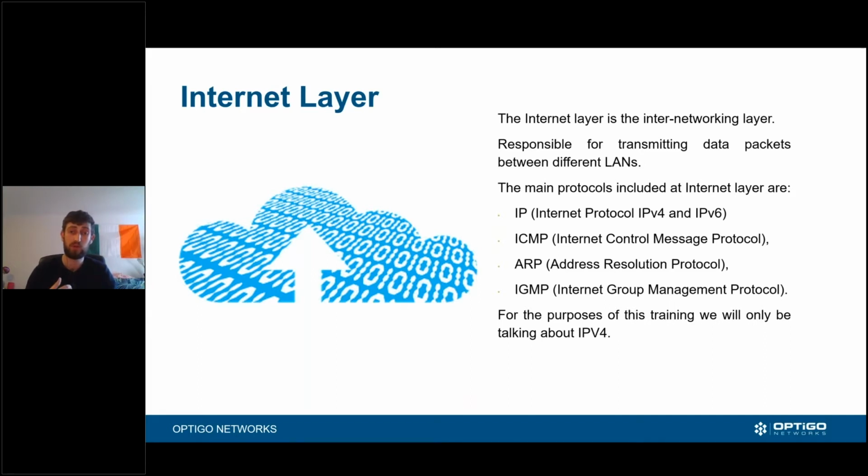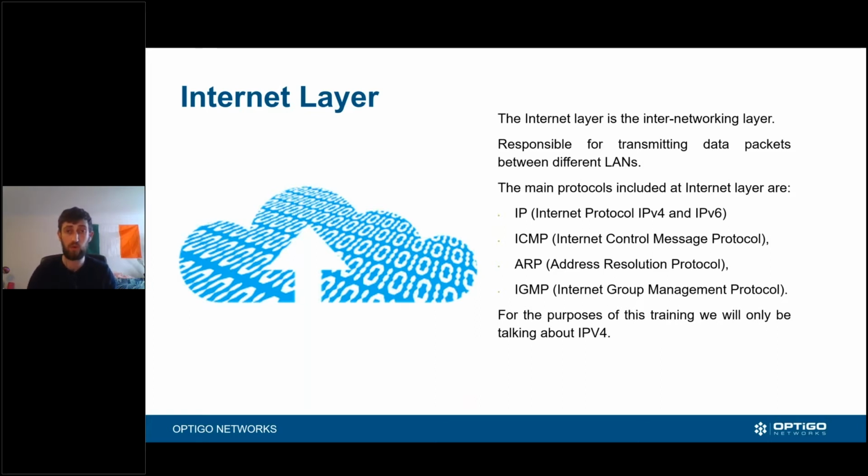We have Internet Control Message Protocol. This is a lot for sending error messages, such as "could not be found," and ARP messages, which send out a request looking for someone who's there: where can I find this IP address? And then Internet Group Management Protocol, which is where we know our broadcast, which we talked about briefly. It's a multicast to avoid having to send out to everyone in your network, another protocol for that.